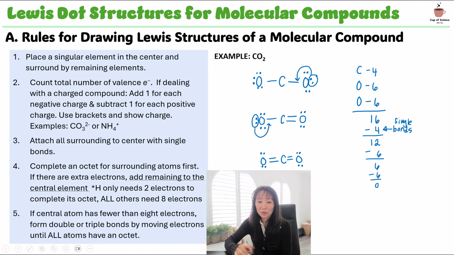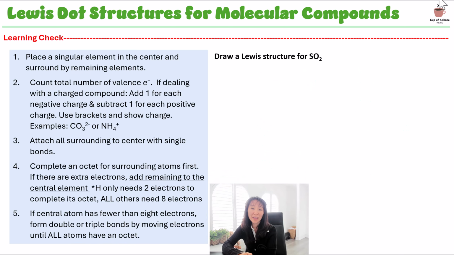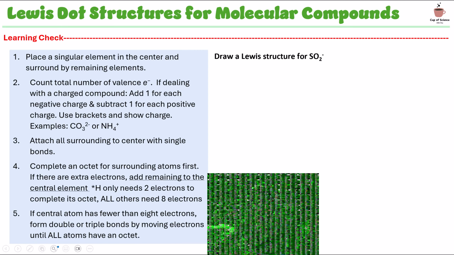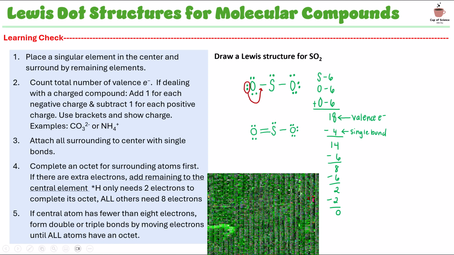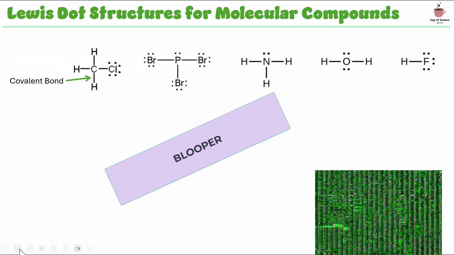So this is the complete Lewis dot structure for carbon dioxide. Now go ahead and try this learning check for SO2. And here is the key. The dots on the corner